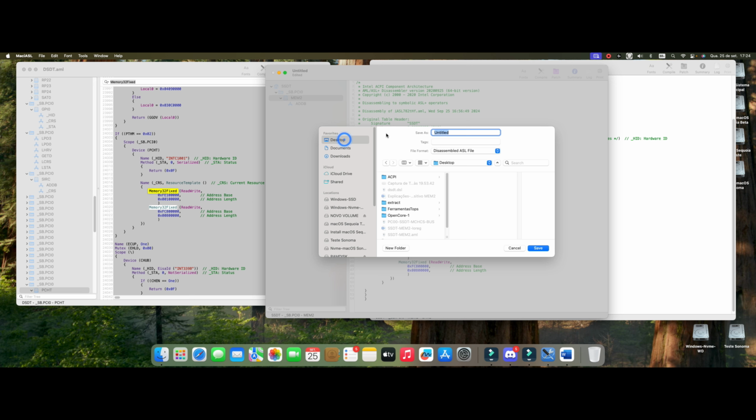Let me see if it's right here on the desktop because I was saving it in another folder here for me. I'm going to put SSDT trace. Me too. Okay, I'm going to put it like this because if there's something on the table there, we already know. 360, okay? Then we change this guy. Oh, let's save it here. Oh, don't forget to put it in AML here, okay? ACPI Machine Language Binary, okay?